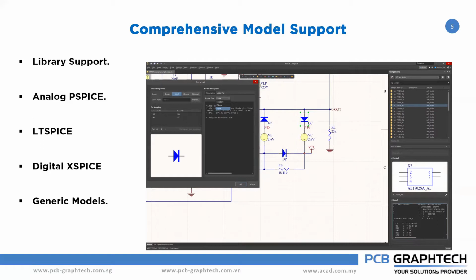Later, it is very easy to change the model to a normal generic component and push it to PCB for further design analysis. You can do this inside your model support. Also, full SPICE 3 is supported inside Altium Designer.